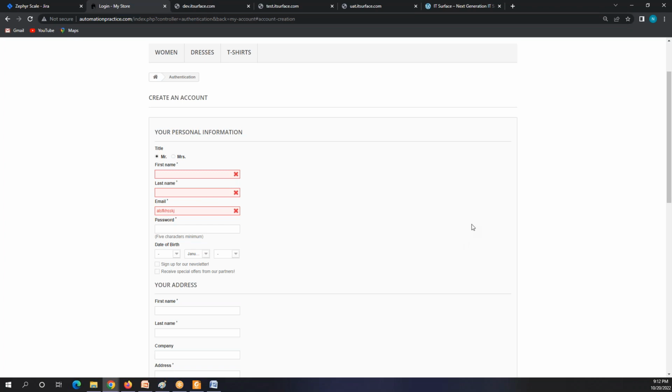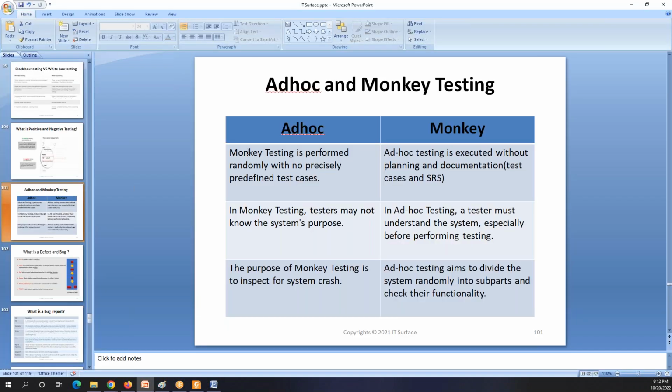If they ask you to go and perform some testing, that kind of testing we call ad hoc testing. Ad hoc testing is where you don't have any knowledge, but you're performing the testing. We also call that monkey testing, because you don't know and you are performing the testing randomly. But monkey testing is also something different. In monkey,